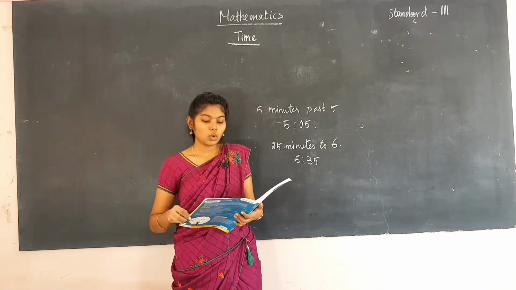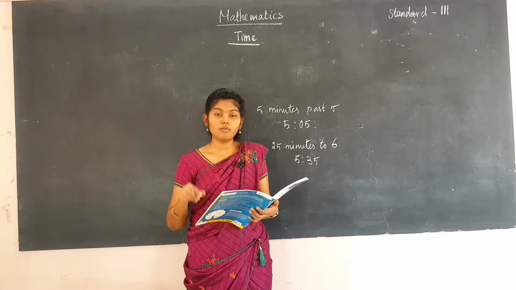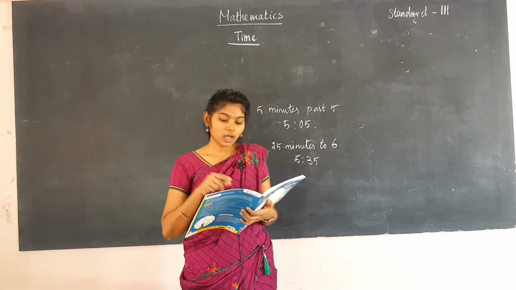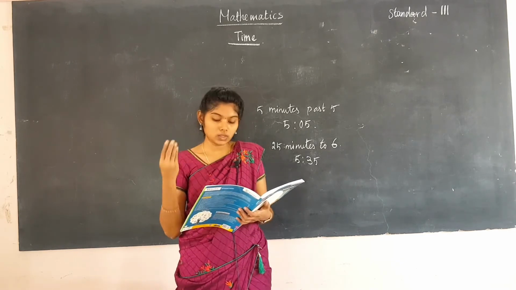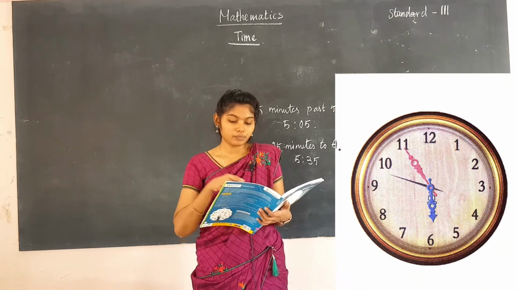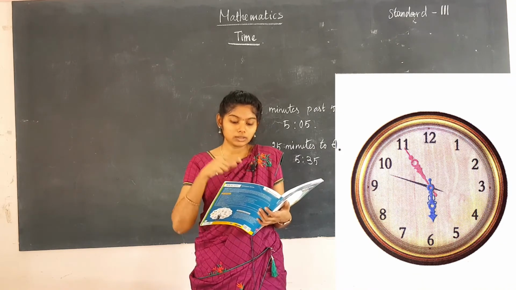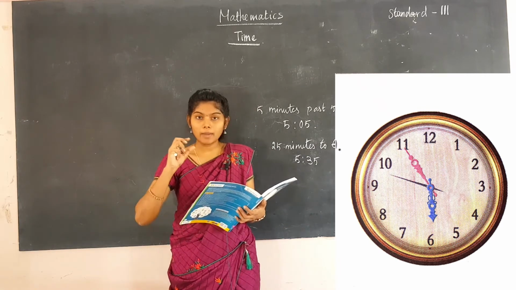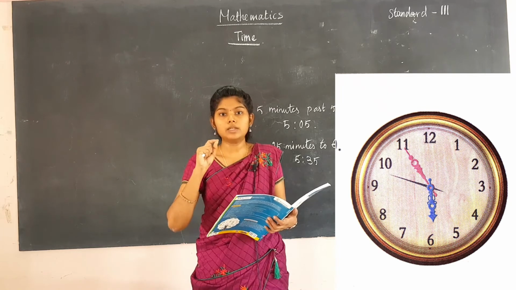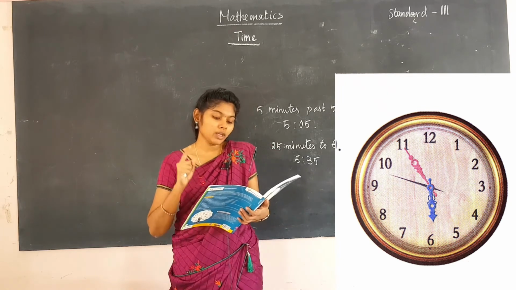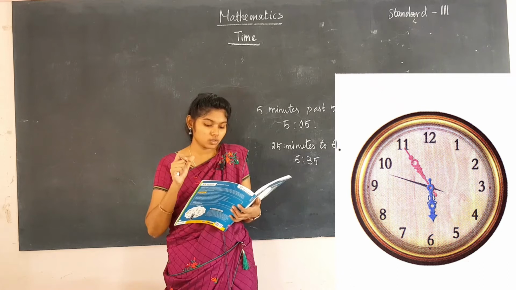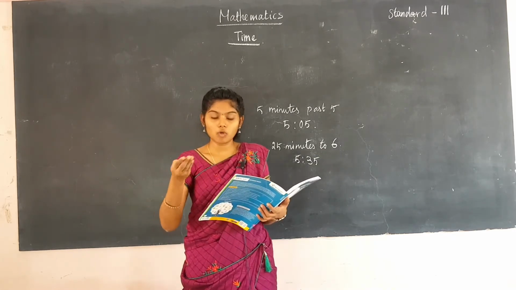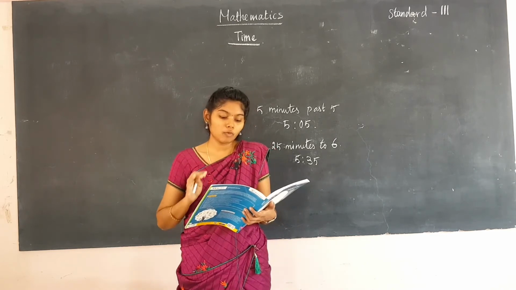Finally the dentist calls Tarunjit for the checkup at 5:40. At 5:40 here the dentist calls him. His checkup gets over at 5 minutes to 6. So 5 minutes to 6 is given. So to become 6 there are only 5 minutes left, right? So 5:55, 5 minutes to become 6. So the time is 5:55. Find out the time taken by the dentist for Tarunjit's checkup. Tell the exact time when the checkup got over. I said the time, no, 5:55 like that. So that is the time for this answer.